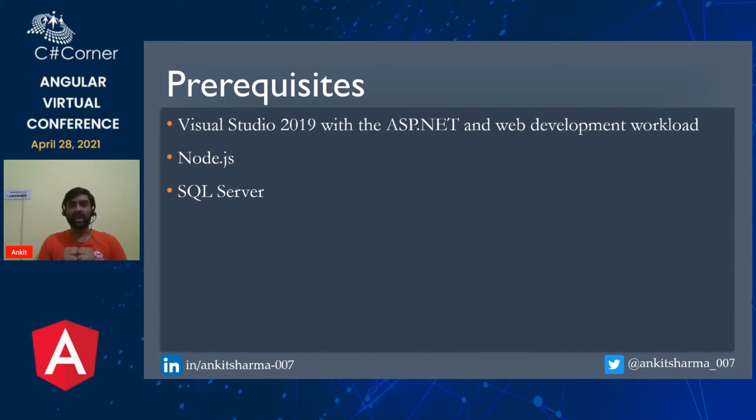So before we start, we have to understand what the prerequisites are to create a full stack application using .NET and Angular. So you have to install Visual Studio 2019. And while installing Visual Studio 2019, please make sure to select the ASP.NET and web development workload. While installing, you will be given a lot of options and different kinds of workloads such as console development, Azure development, Xamarin development. Similarly, there is a workload called ASP.NET and web development, so you have to select that. If you install that workload, it will install .NET Core and all other dependencies related to that.